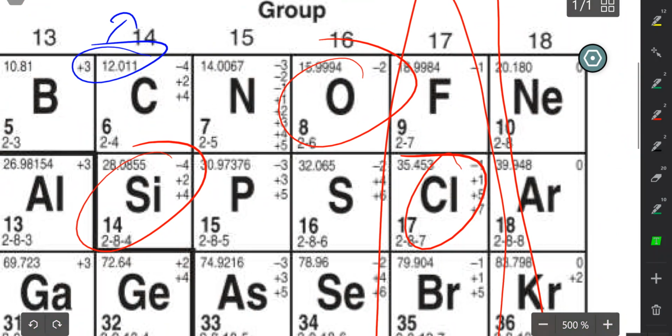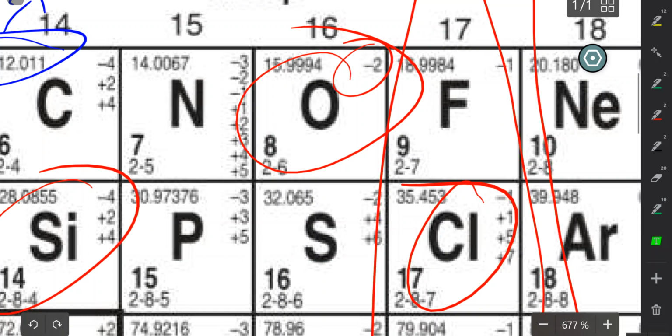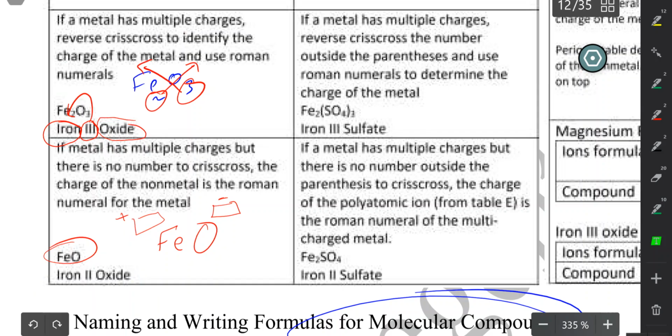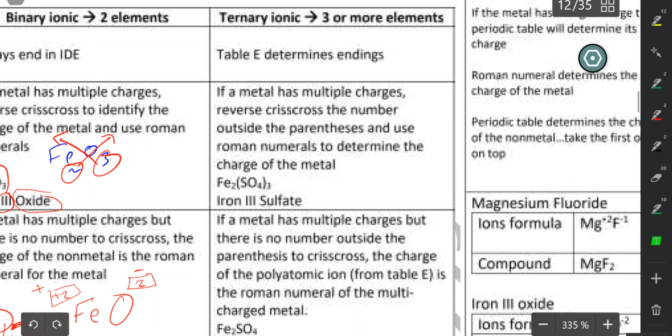Oxygen, according to the reference table, has a -2 charge. That means in order for me to have FeO, which is a compound that has absolutely no subscripts, iron's charge would have had to be +2. So now I have concluded that iron has a charge of +2, hence why the name is iron(II) oxide. Again, -ide because it's only 2 elements, Fe and O. Now if you have